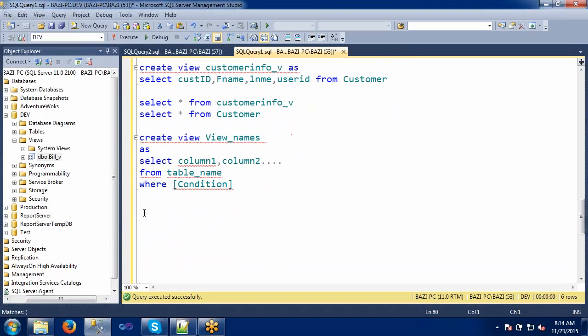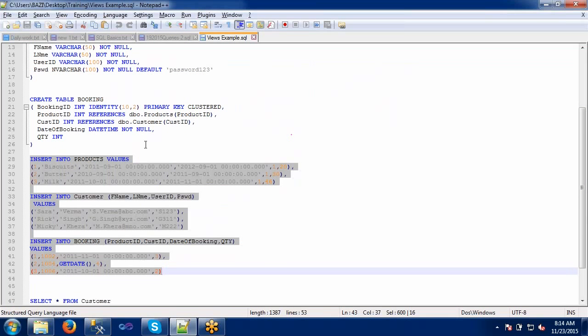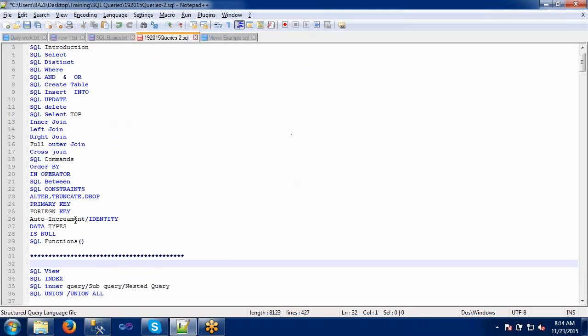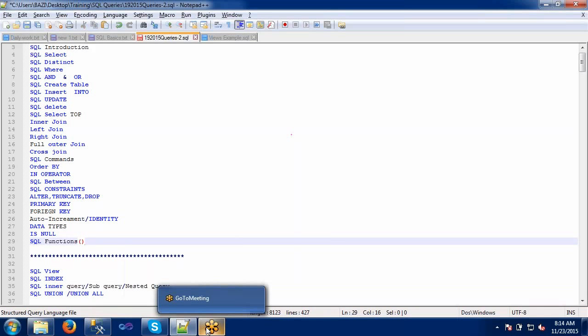Okay. The next topic is, so we had the discussion on this, right? Now I am going to show you the index. Let's discuss the index.